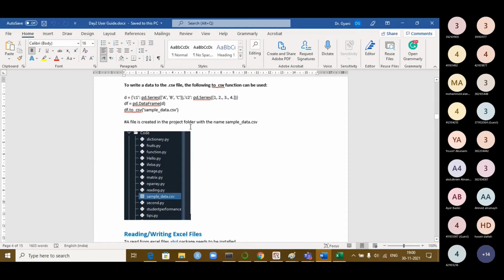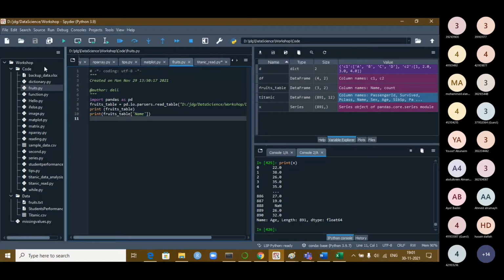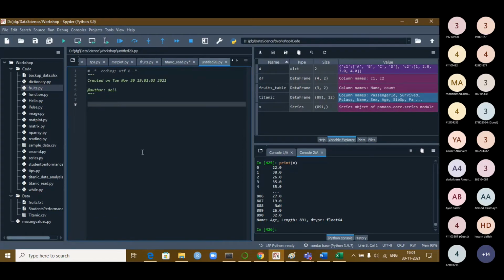So you see the file is created in the current directory, called sample data.csv. You can see here, which is available. So let us come back to Spyder. I'm creating a new file.